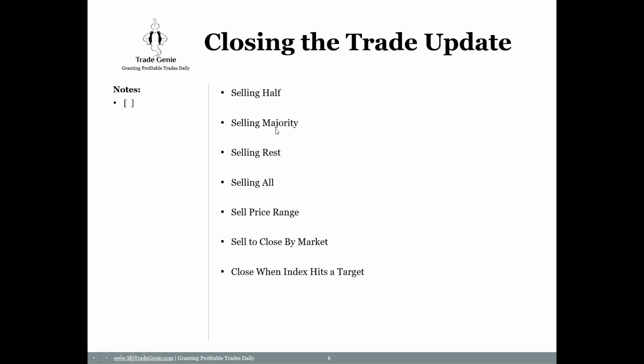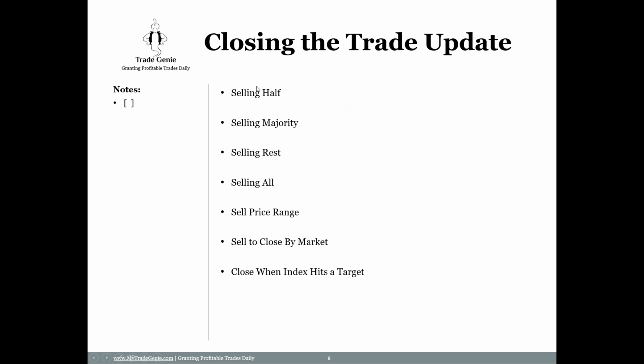Sometimes we send an alert to sell the majority. If you have, let's say, 10 contracts, the majority for you is 7 or 8. So you sold 7 or 8 at the red target or yellow target. If you sold half or you sold majority, then the logical next alert you receive is sell rest. Sell rest is where you don't mind seeing a pullback. You have already taken your money out and you're looking for a higher target and you don't mind holding it. That's where sell rest triggers.